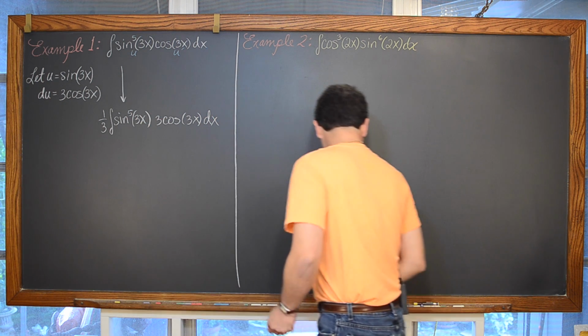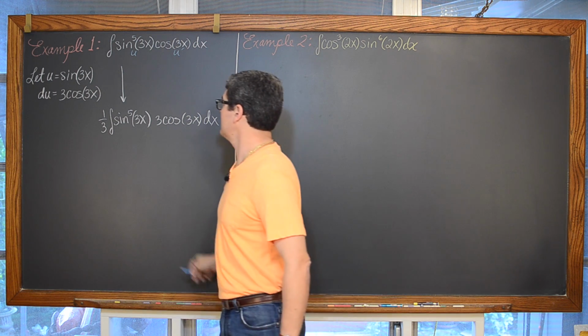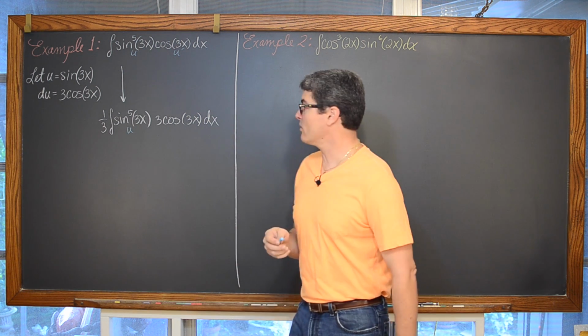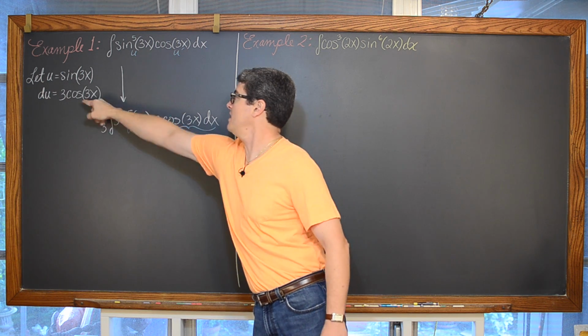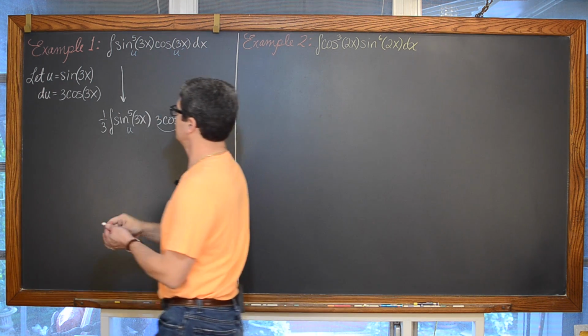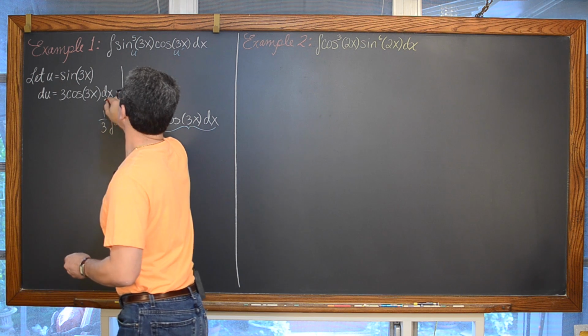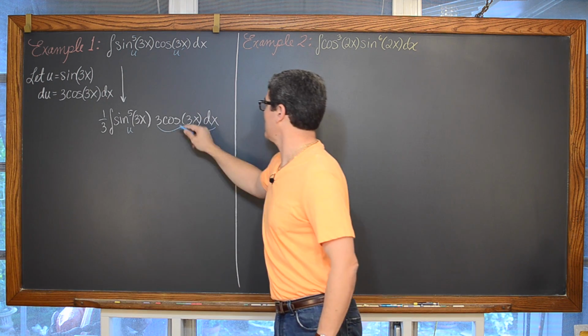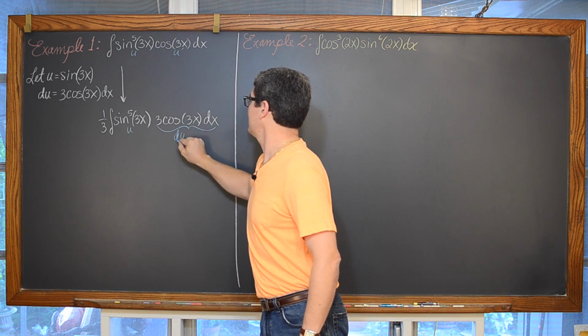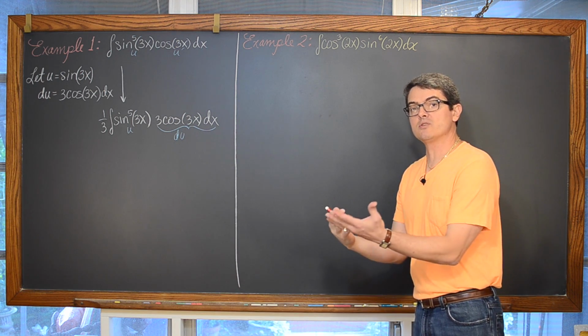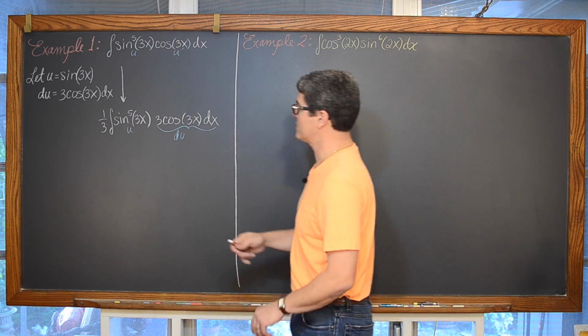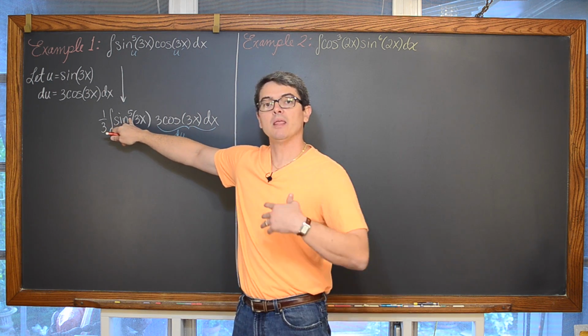There you go. And again, here is our u inside the power of 5, and all of this is our du. Whoops, I forgot that dx in my last lesson as well. I can't continue to do that. There is our du. Okay, so there's our chain rule complete, and we're ready to just simply integrate using the power rule, which is to raise this power by 1 and then divide.